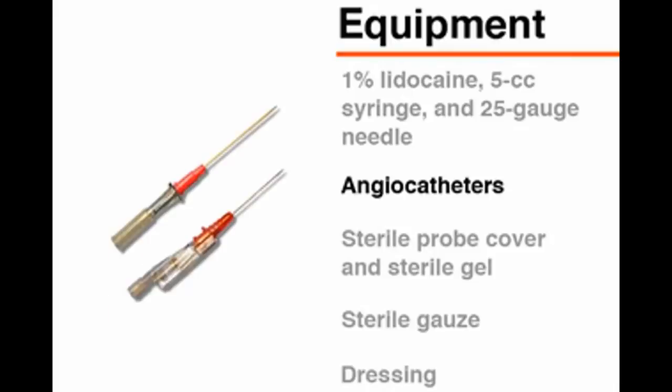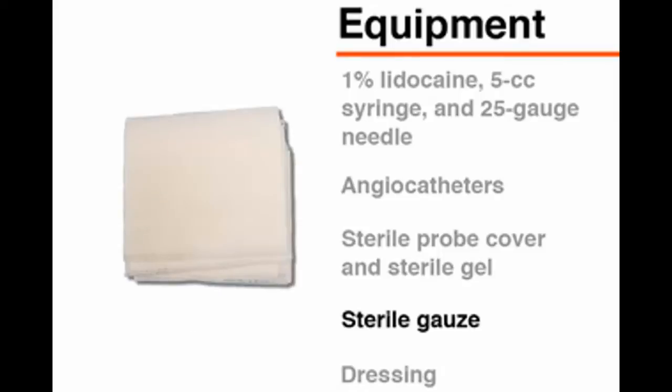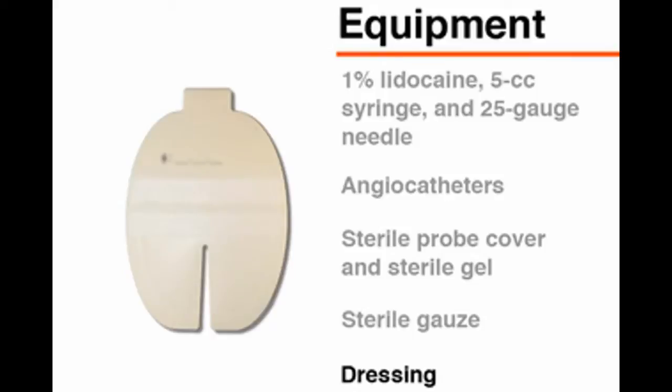anesthetic, and angio catheters. Radial arterial catheterization can be performed with standard angio catheters or with safety angio catheters. Use the equipment that complies with the safety practices at your institution. You will also need a sterile ultrasound probe cover with sterile gel, sterile gauze, and materials for dressing and securing